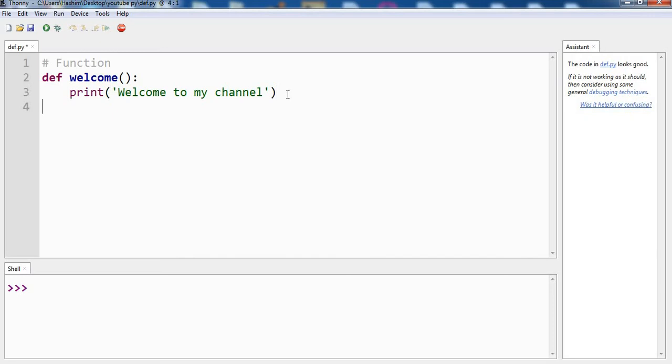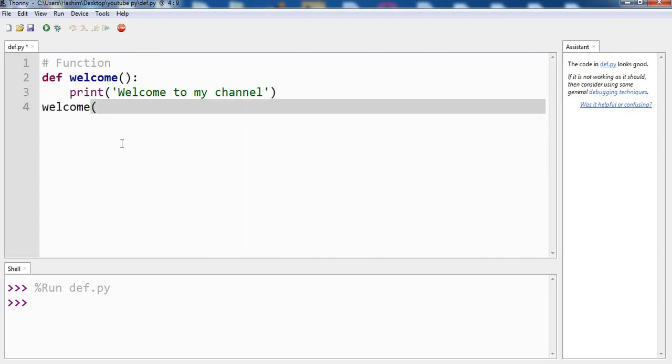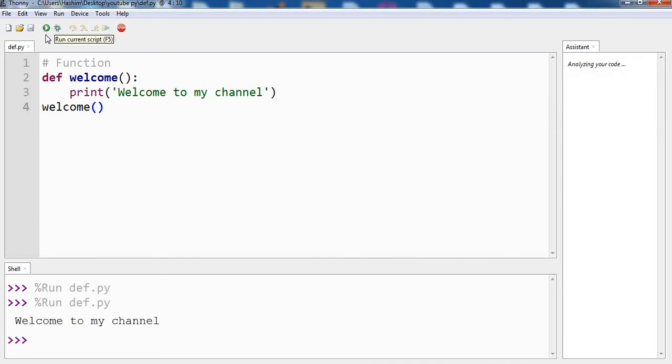So that is all. Let's run the program, and you won't get any output because although we have defined the function, we are not calling the function. So let us call it by calling its name, of course, and now we should get the output. So hope you have understood the function, how we create a function and how we call it.